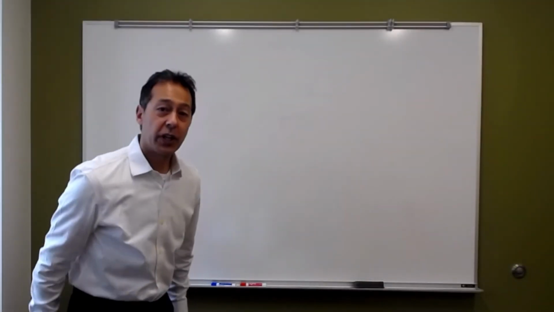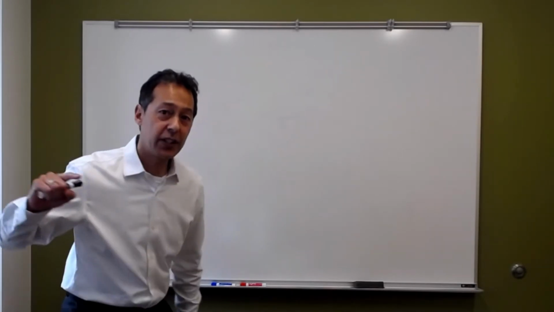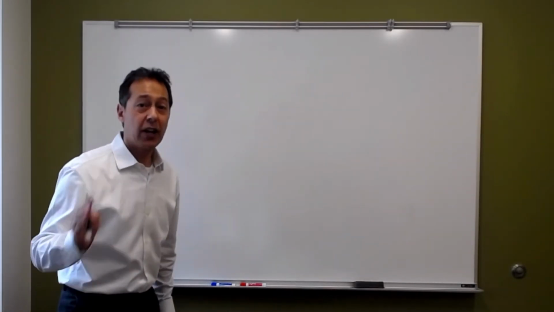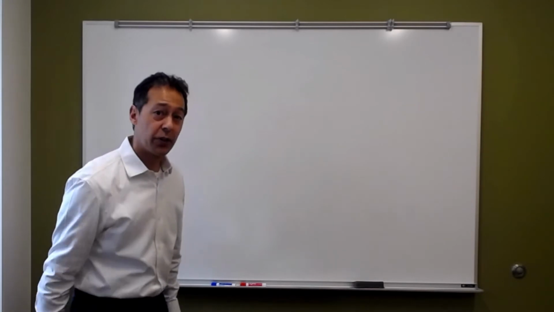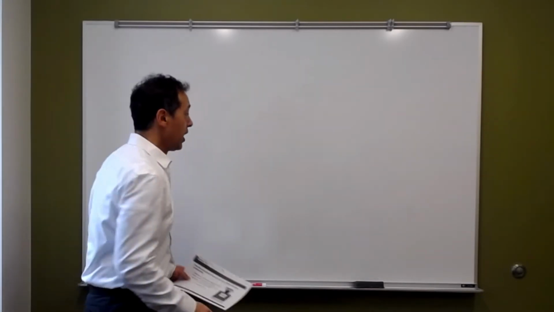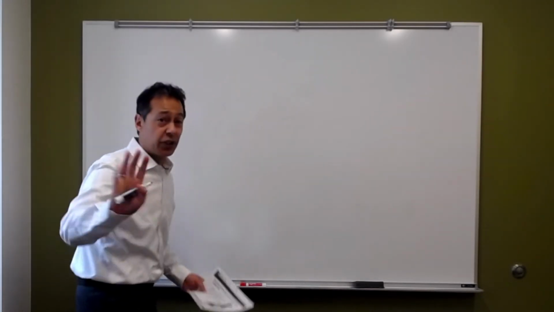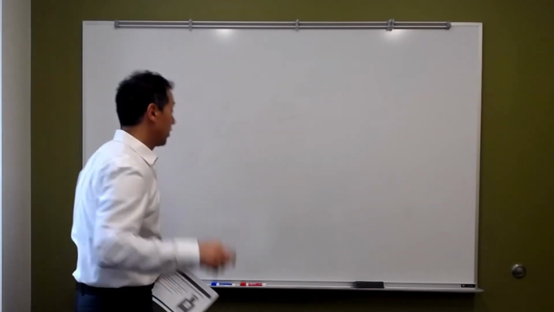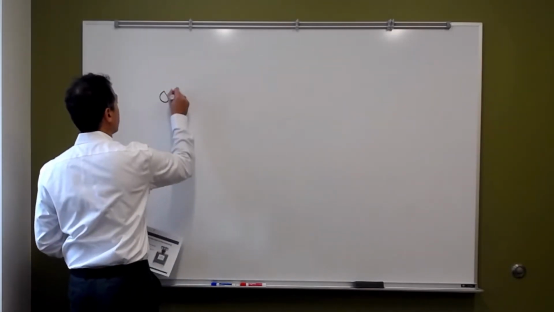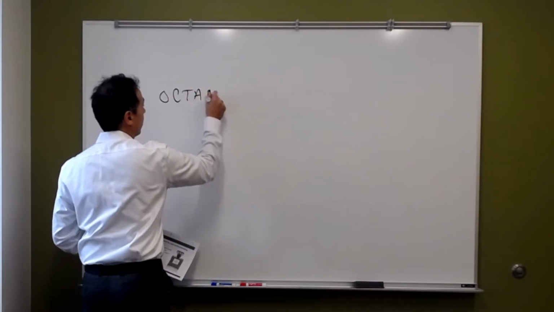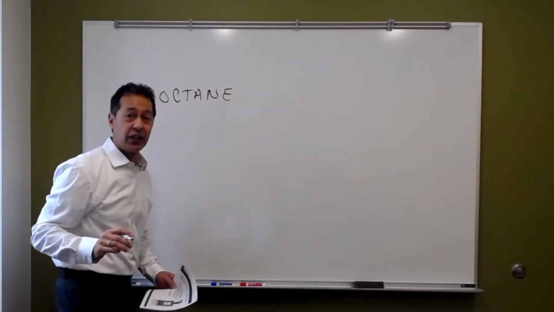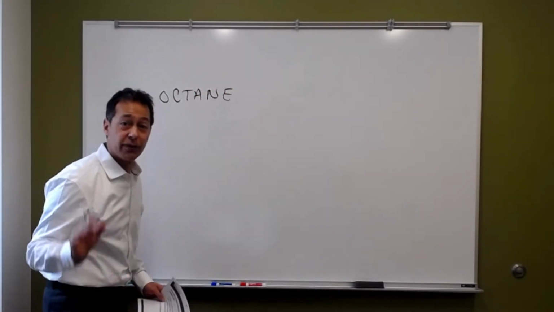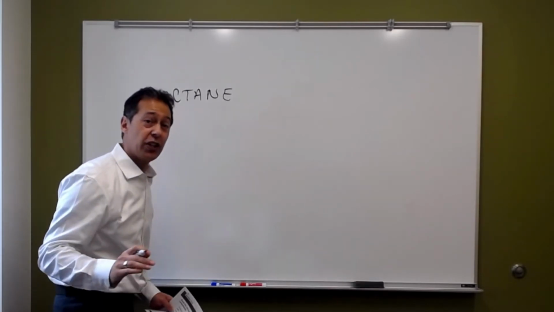In this video, we're going to take a look at naming aldehydes and ketones. And the rules for naming aldehydes and ketones are pretty straightforward. So we're going to start out with aldehydes. Now, an aldehyde, let's start out with octane. Octane is the 8-carbon molecule found in gasoline, and if we change it from